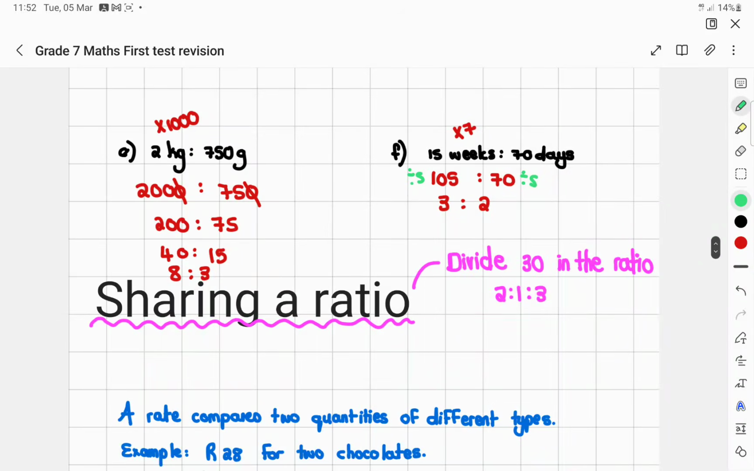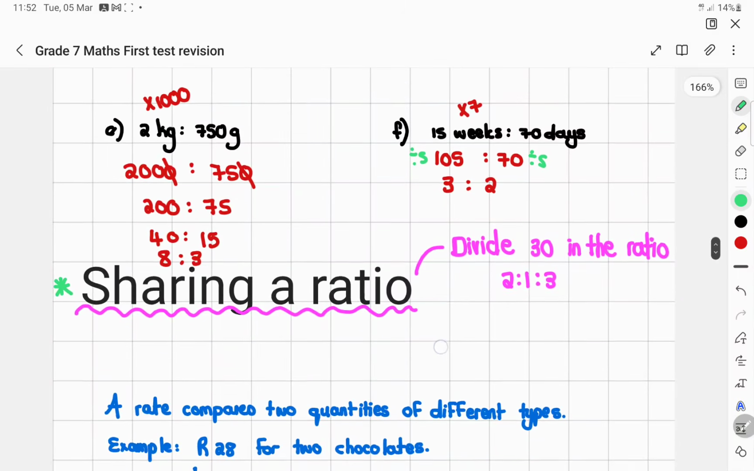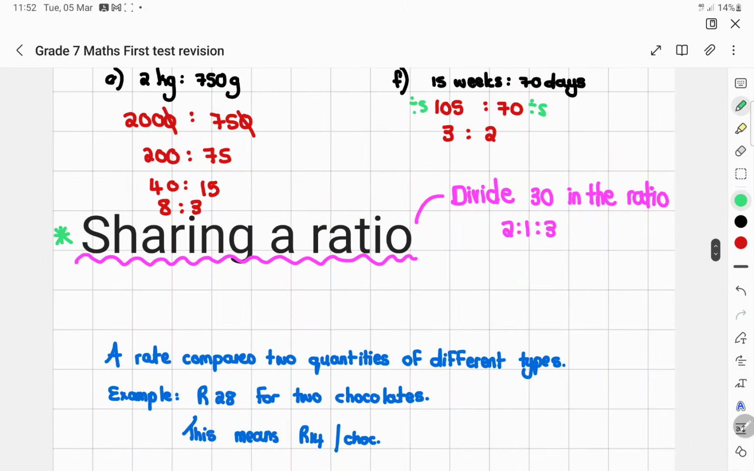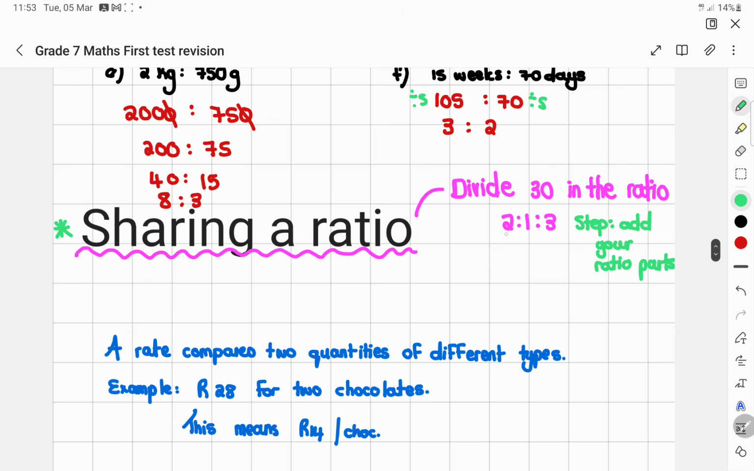When you are sharing a ratio, so when they say to divide 30 in the ratio 2 to 1 to 3, I just want to quickly do this one, as I saw a question in the playbook, and I thought, let me just quickly explain that. So when you divide 30 in the ratio 2 to 1 to 3, the first step is step 1. You must add your ratio parts. So you're going to say 2 plus 1 plus 3. And 2 plus 1 is 3, plus 3 is 6. So thus there's 6 parts